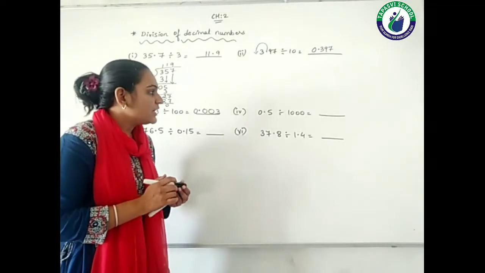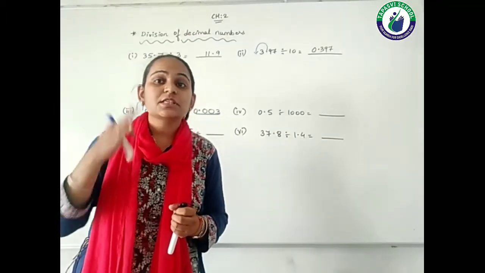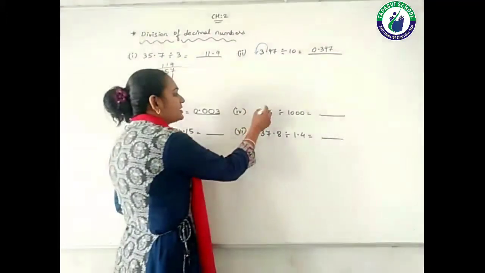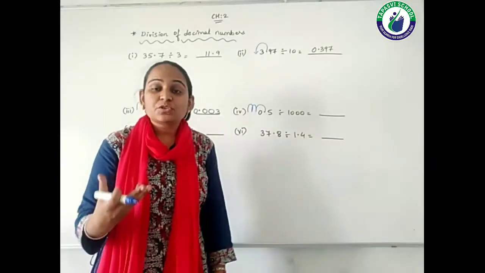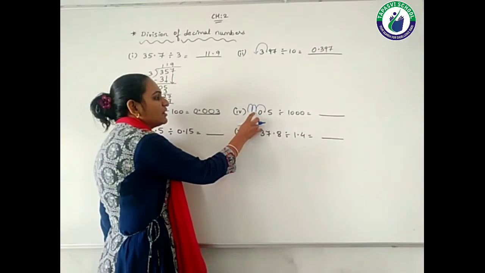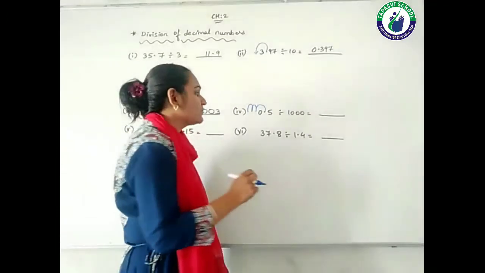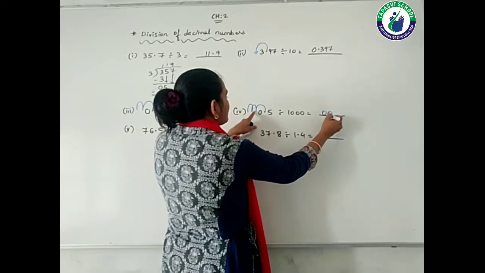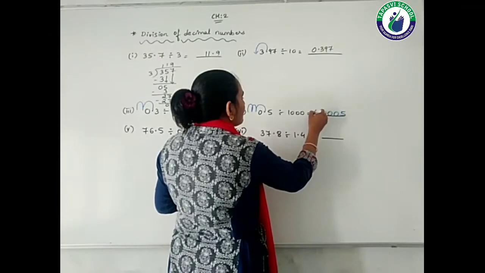Next question is 0.5 divided by 1000. यहाँ पे आपको पॉइंट को कितने पॉइंट्स मूव कराना स्टूडेंट्स, move the point, how many points, 3 पॉइंट्स। Why? Because 1000 is having how many zeros, 3। तो पॉइंट को देखिए 3 पॉइंट्स मूव करवा रहे हैं, 1 2 and 3। अब एक पॉइंट तो मूव करवा दिया, but we are in the lack of digits। यहाँ पे हमारे पास कोई डिजिट्स नहीं है स्टूडेंट्स, तो हम यहाँ पे क्या रखेंगे, give the zeros। सो ये यहाँ के प्लेस के लिए 0, इस प्लेस के लिए 0, इस वाले के लिए 0, ये तो 0 है ऑलरेडी, और 5। दैट मीन्स आपका नंबर बन जाएगा